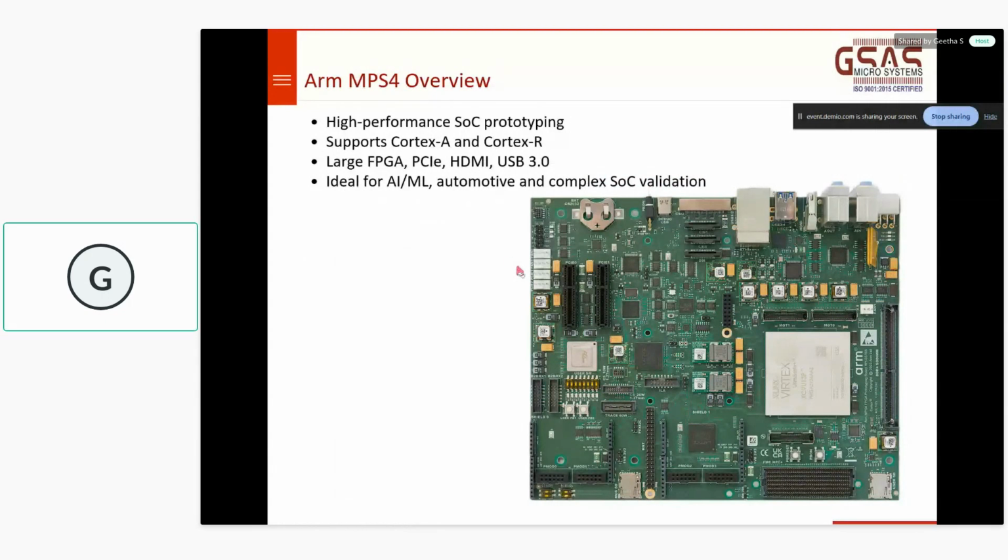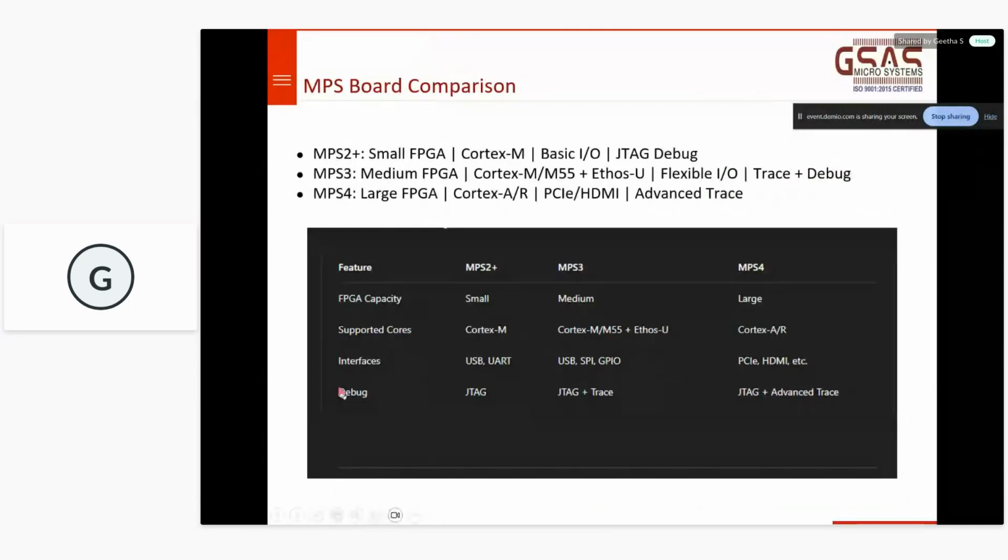It means they have used a very good capacity FPGA here. It has HDMI, USB 3. It can specifically be used for AI and ML workloads, for automotive or SoC validation. And it also has expansion connectors.